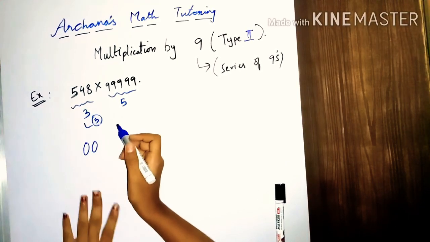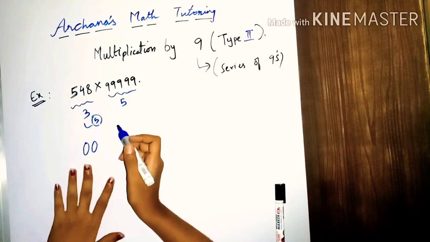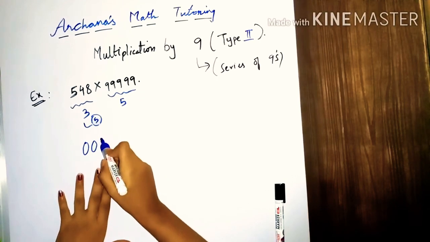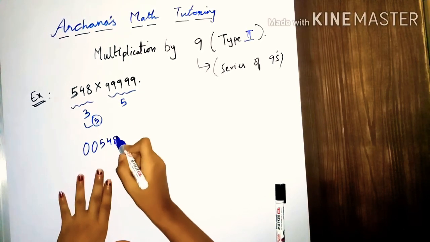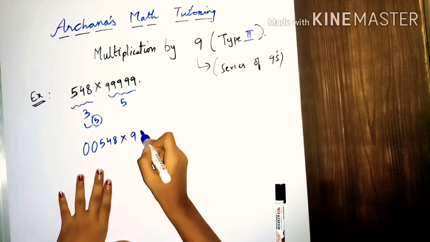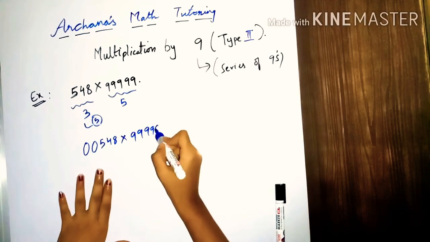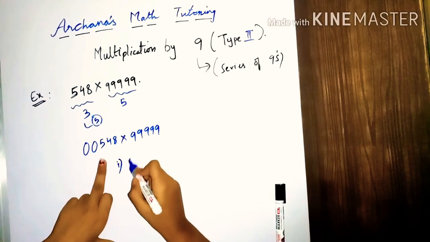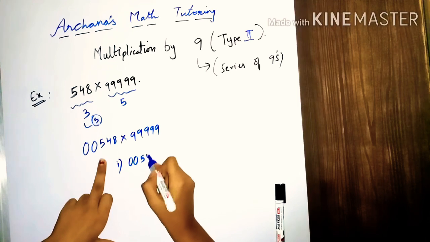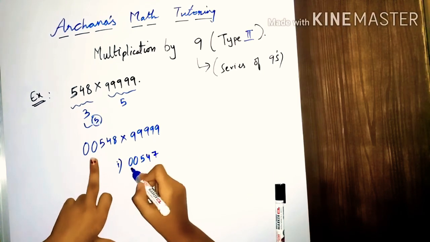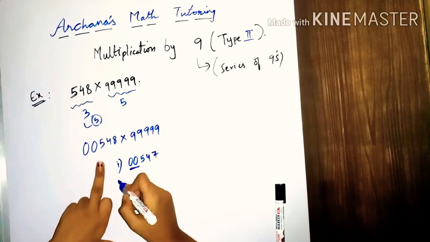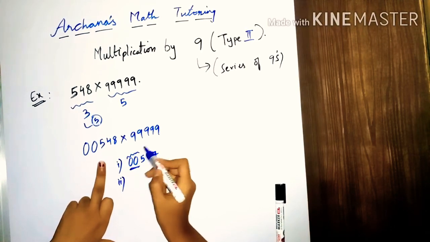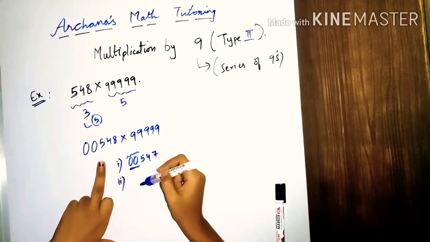So basically there is no compulsion that you will be adding a single zero. You can add multiple zeros depending on the given number of 9s in the series. So I'll add 2 zeros to make it 5 digits. Again I multiply it with 5 9s, 99999. So now what do we do? First step is subtracting 1 from this, which would give me 00547. So don't forget to write these 2 zeros in this step, friends, because if you don't write them, whenever you subtract the values, these digits won't be there and you'll simply write 9 minus 5 as 4, which would give you a wrong answer.